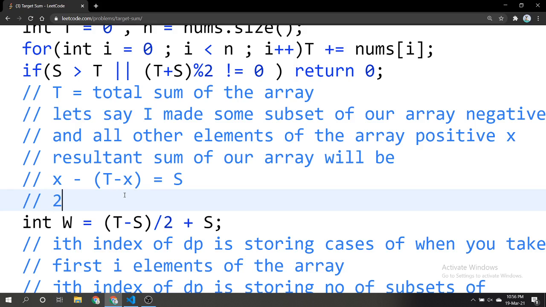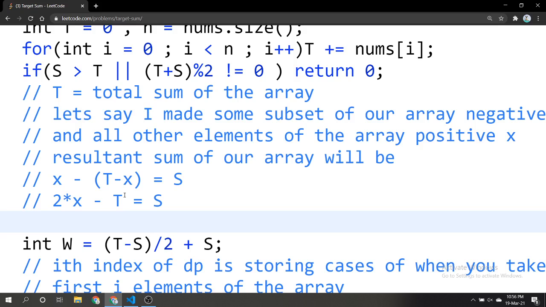Let's simplify this equation: 2x minus t equals s, which means x equals (s plus t) by 2.